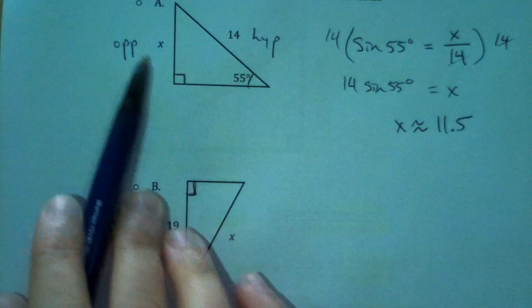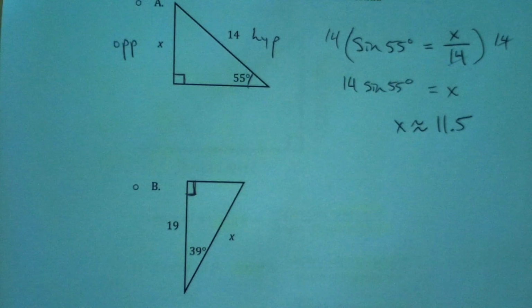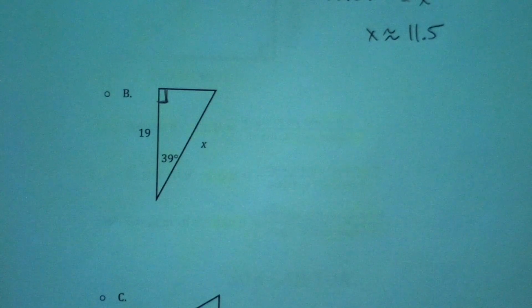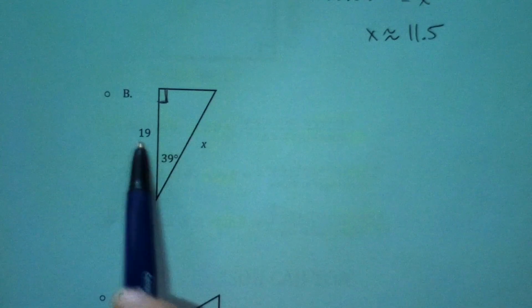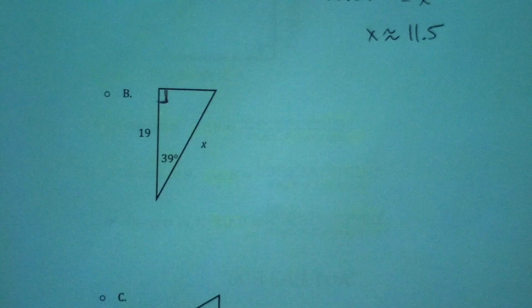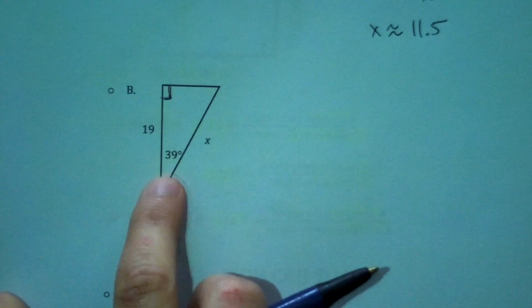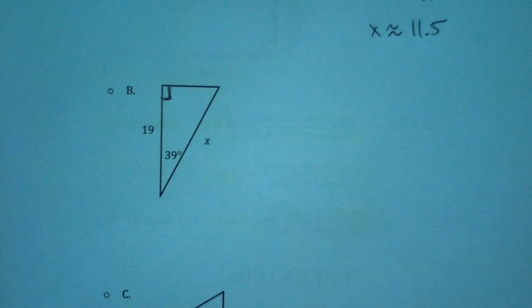So then we're left with 19 on that side, and this side would be equal to x times our cosine of 39 degrees. And then we've got to keep going a little bit further, because we still have to get that x by itself. So this is just like multiply. To get rid of multiply by that cosine of 39, we're going to divide by cosine of 39 degrees on each side,